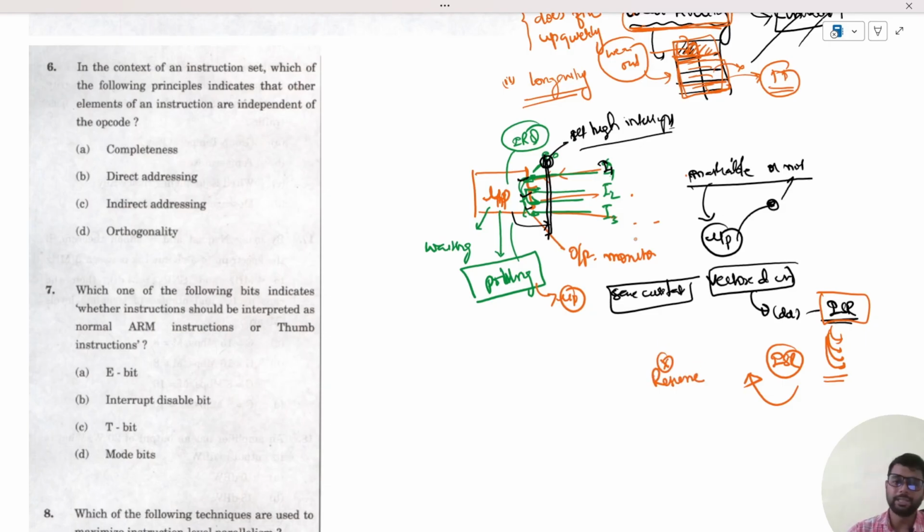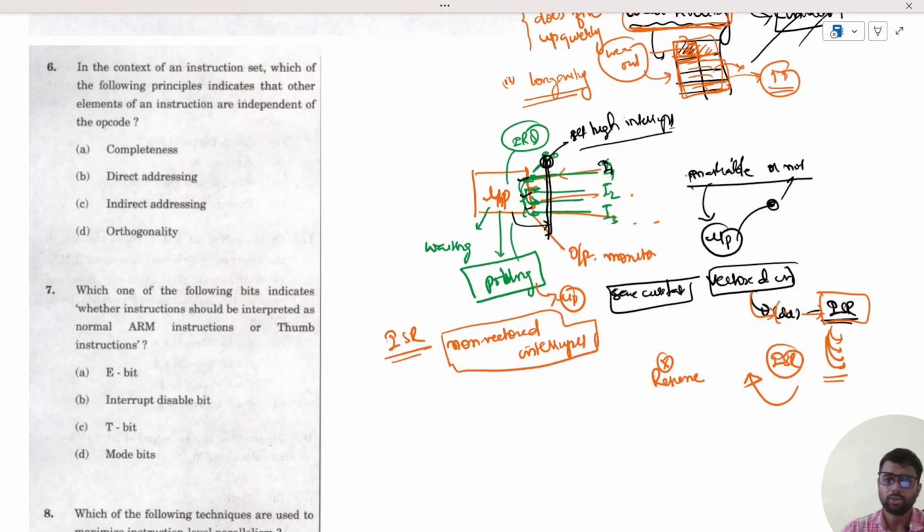So if the interrupt is vectored, it goes to the address and executes the interrupt service routine. However, in the case of a non-vectored interrupt, along with the interrupt, the processor does not know what to do. So in that case, the processor will go to I1 and ask what it needs to do. If the interrupt request was not raised by I1, it will go to I2, then I3, one by one. This is what is known as polling, which we have already seen. So in the question above,